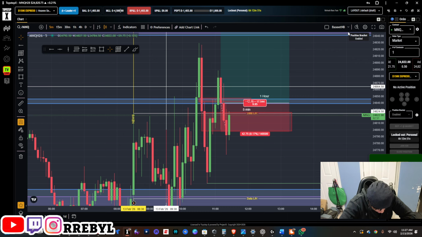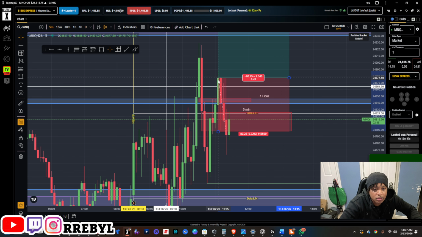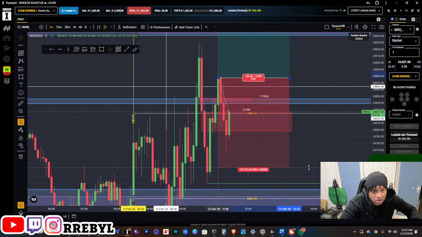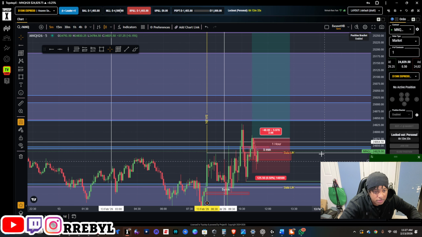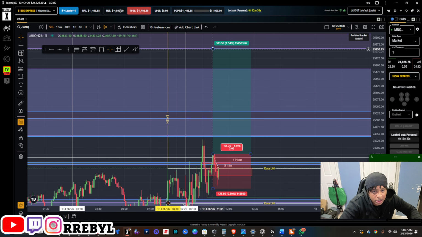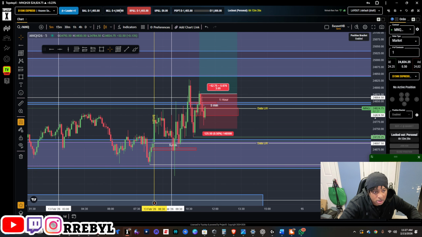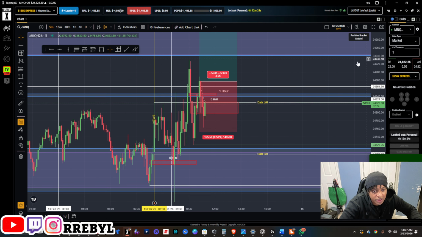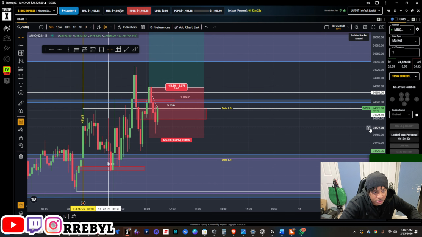Honestly, if it goes back all the way up, that would be tough, because I literally took myself out. Let me see. This is why I took the trade initially. I actually did about 6, so it's been about here. Still would have been a drawdown. I'll see if it would have hit any of these TPs. Obviously, this is the highest TP. And then we'll learn: should we ever add more size to our contract, or should we ever just let it be?